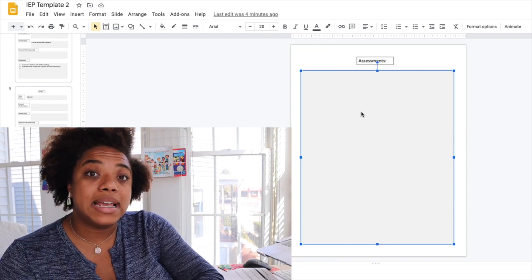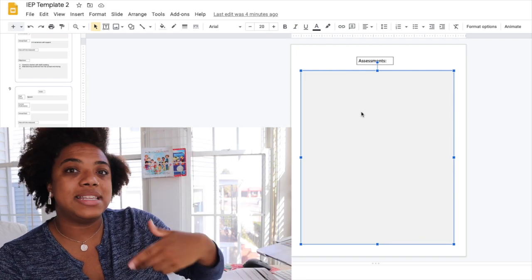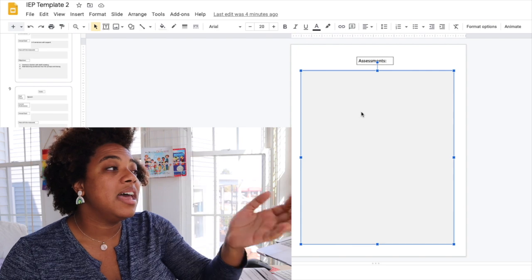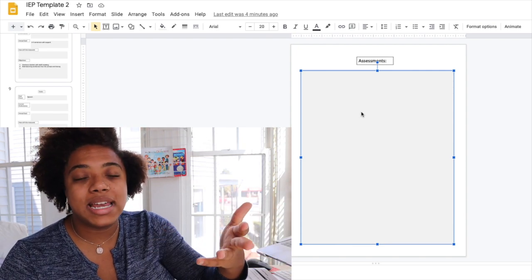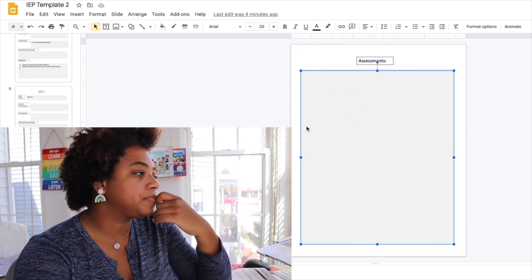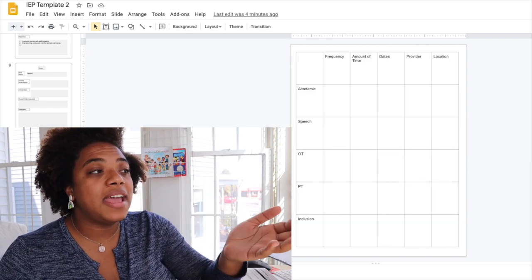So there's always a place in the IEP to write out what assessment they're giving, what accommodations they need, maybe a rationale as to why. And that is super helpful to add to the IEP. So I'm not going to go into all that because every state has a different assessment, but you will always need those elements. And we're getting close to the end of the IEP, but one of the things that's always